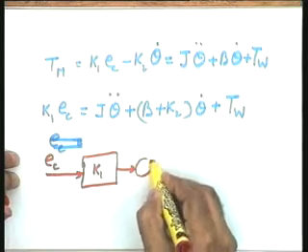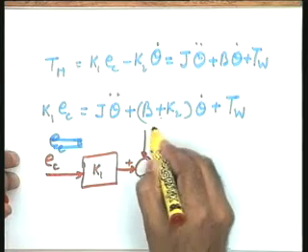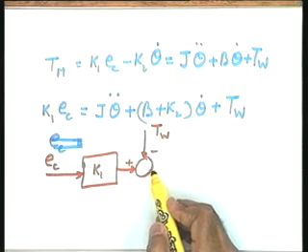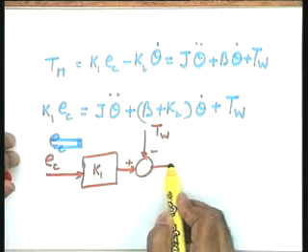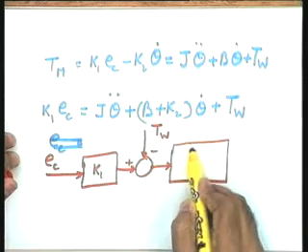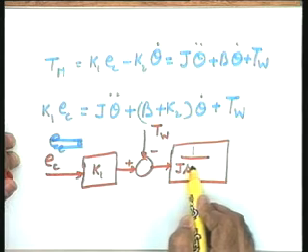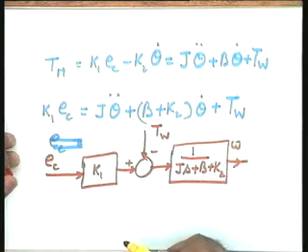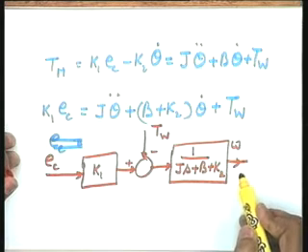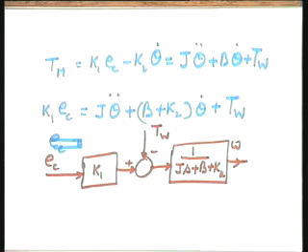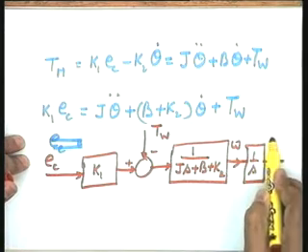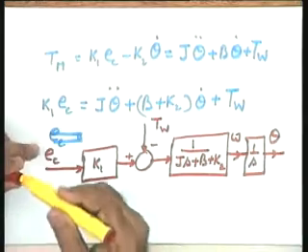Now I can put a summing block over here and take a signal TW here. This is the net torque now which is driving the inertial load, and now I can put an inertial load over here. What is this value? 1 over Js plus B plus K2. This is your omega here. So if I am interested in a transfer function between omega and EC, the block diagram is complete. But if you want to bring the position into picture, put an integrator, this is a position here. This becomes the block diagram of the total system.